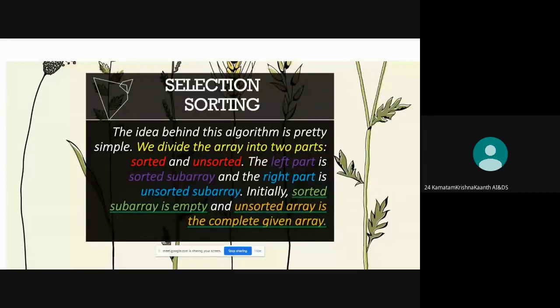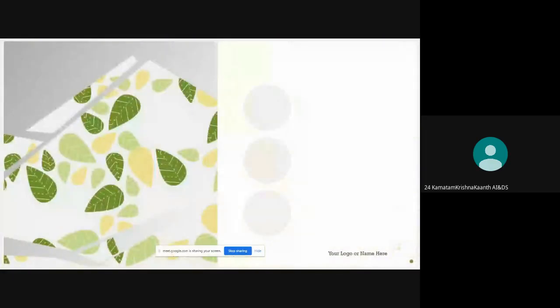Then the sorted subarray grows by that element. This process continues for iterations. If you give 5 elements, it will take 4 iterations. If you give 6 elements, it will take 5 iterations. After the process is complete, it will produce the desired result. We will see how this works in the next transition also.